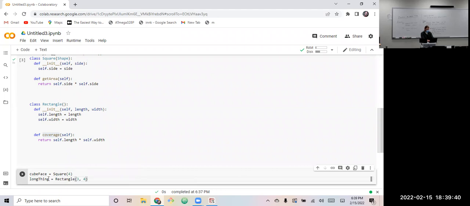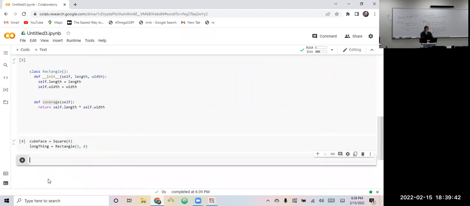I'll give it a length and a width. It's all working up to this point, but we need to confirm that our rules were followed before we do things that depend on those rules we set up. Hopefully the idea is making sense. And we can check that with the built-in method.